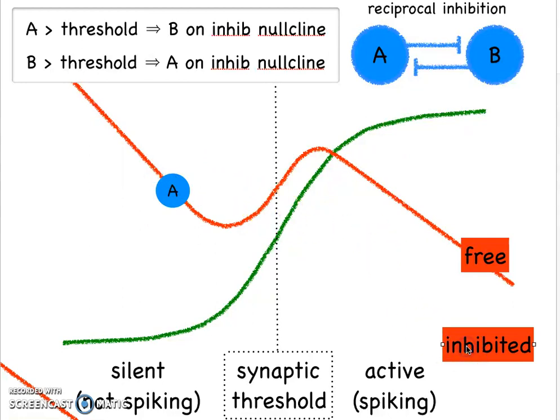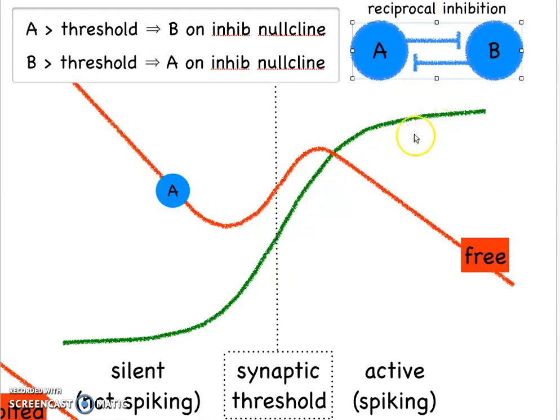one neuron in isolation and what would happen if the null lines were oriented in this fashion. We're assuming here that the horizontal axis is voltage and the vertical axis is W, the gating variable for the outward potassium current, the delayed rectifying potassium current. If these were the null lines for our system and we knew that voltage was faster than W, then A would have to be on a stable branch of the voltage null line as it is now, and this null line would be appropriately labeled free,